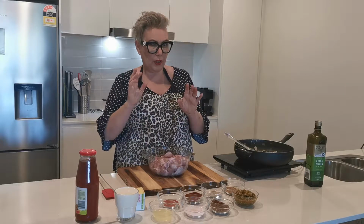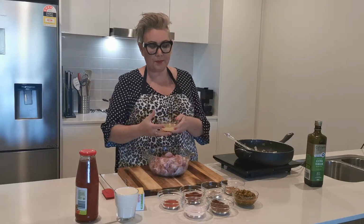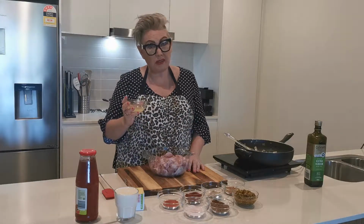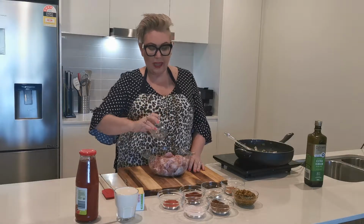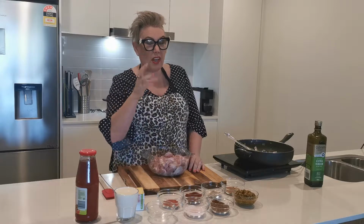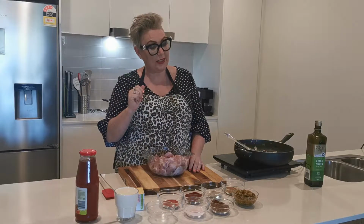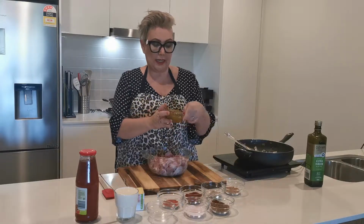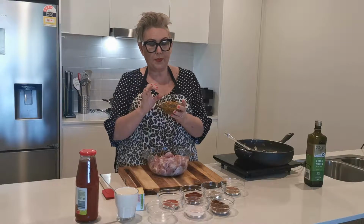So probably normally you should marinate your chicken. I'm not going to today because I don't have time. So I've got the juice of a lemon, and the acid of that lemon is going to kind of break the chicken down a little bit, cook it a little bit, and make it nice and tender, which is cool. So the juice of lemon in this container here,